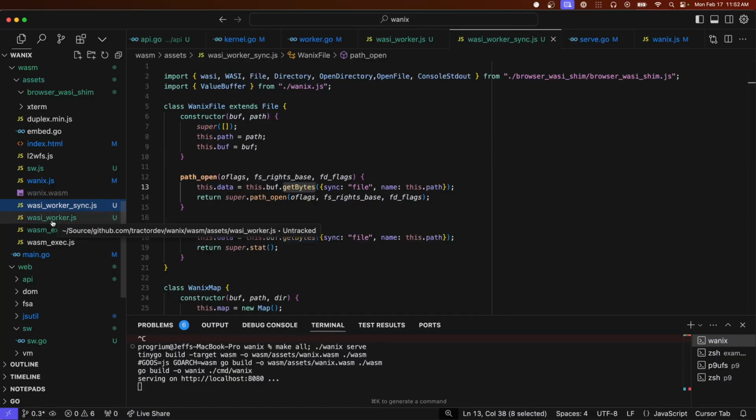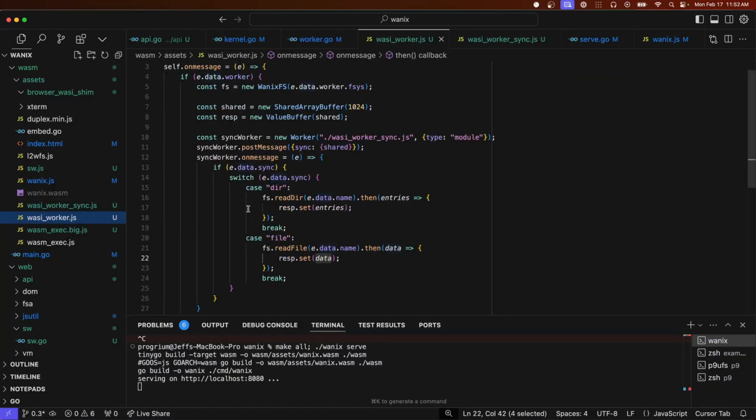But the end result is we can run some JavaScript code that's synchronous and still kind of do asynchronous versions of those operations. So